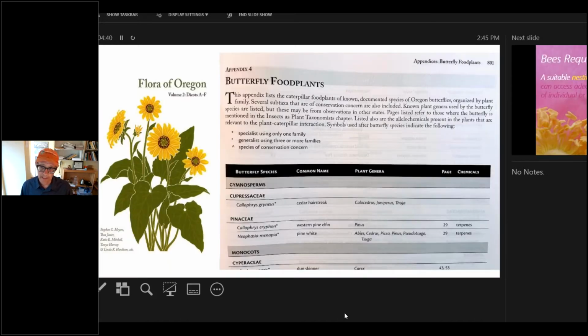I will point out, though, if you haven't bought it yet, Volume 2 of Oregon Flora is tremendous. It really is wonderful when it comes to pollinators, especially the appendices. So if you go to Appendix 4, for example, there's been a nicely curated list of different butterfly species and their plant hosts. In addition, Andy Moldenke,